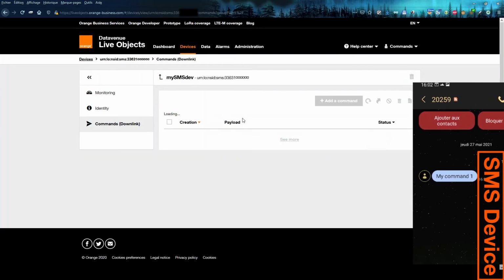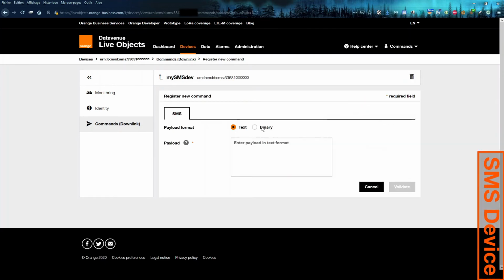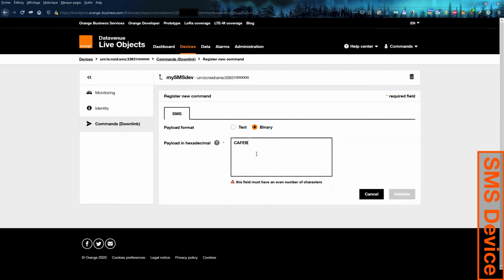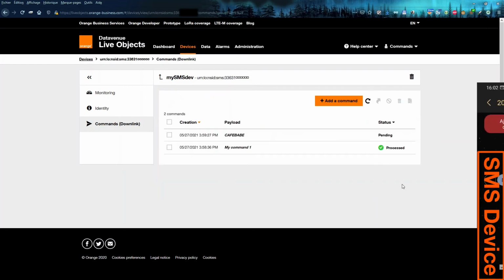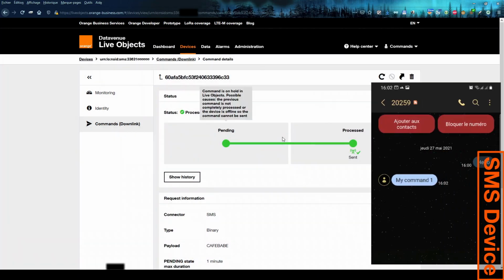Let's try with some binary. So here it's processed, even if my phone says that this content is not handled by this application.